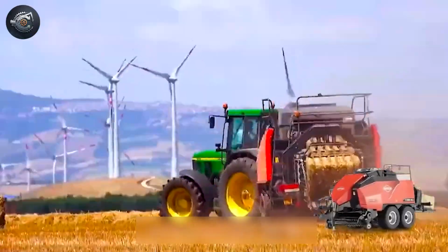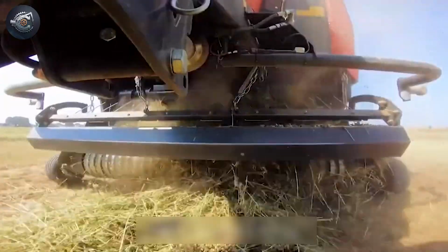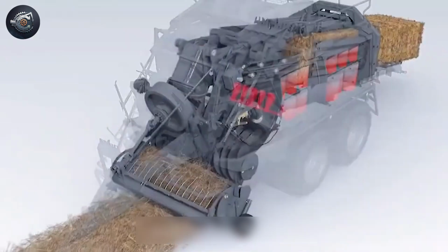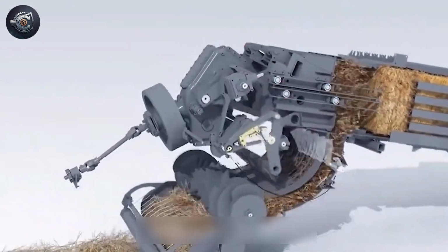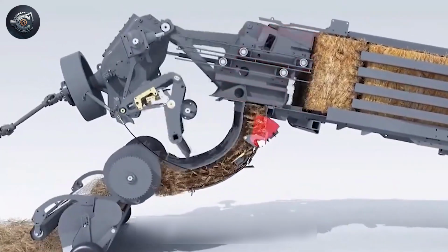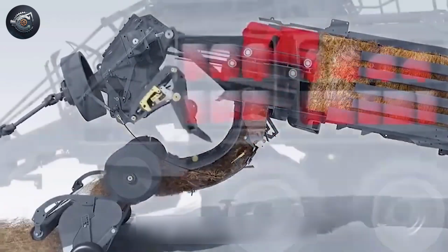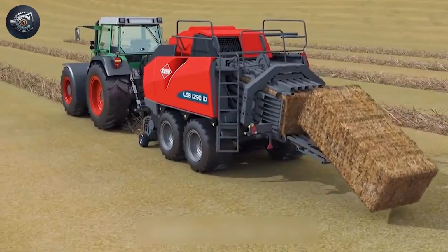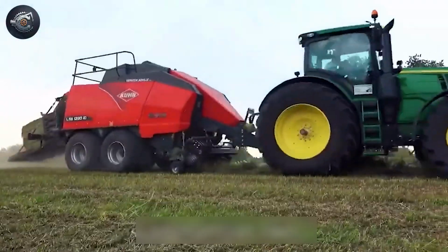The LSB 1290 ID lawnmower is an advanced and highly efficient agricultural machine. The grass baler starts by using a collection mechanism to collect the cut grass from the ground. The collection boxes, strategically placed on a rotating shaft, lift and feed the grass into the baler's chamber. When the cavity is filled with grass, the piston moves back and forth, compacting the material to ensure a strong